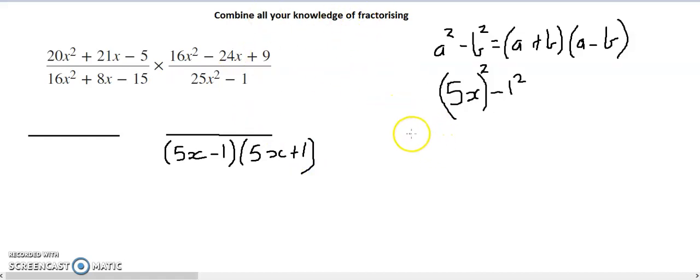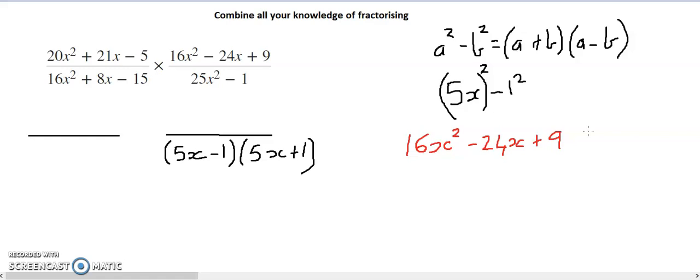The second one I'm going to look at is 16x squared minus 24x plus 9. The first thing I look at is, are there any common factors between all three of 16, 24, and 9? There isn't. So the next step is me thinking that